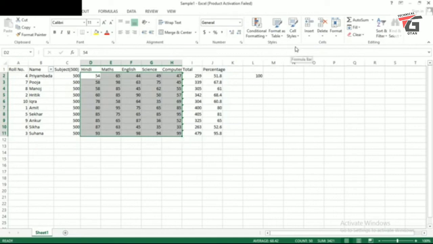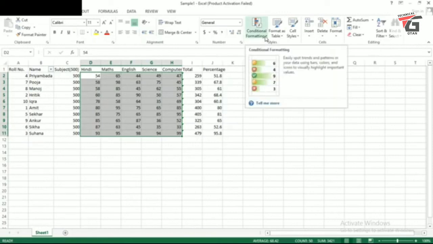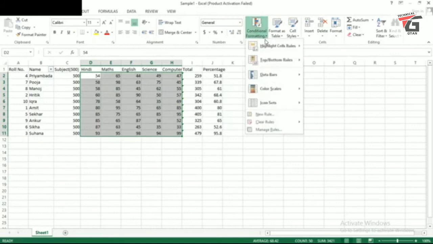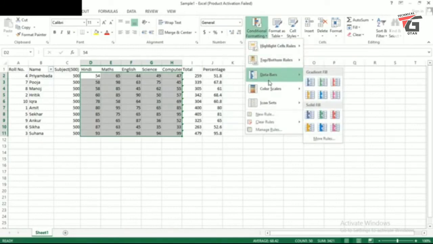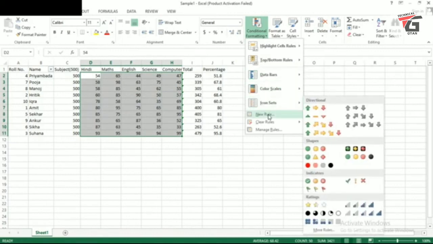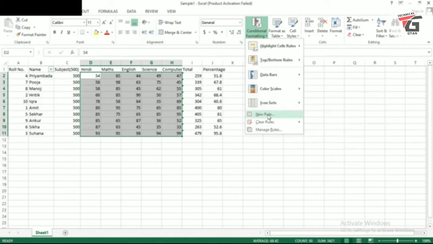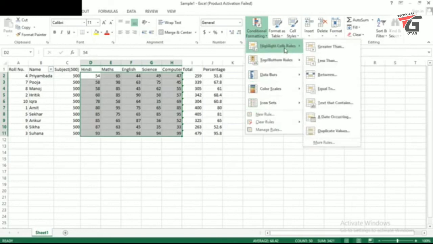After selecting the data for the conditional formatting, go to the conditional formatting tool, then click on the criteria. Which criteria do you want? I want a new criteria that will be made by me. So we can create new rules for the formatting. We can highlight the cells using some criteria already mentioned here.